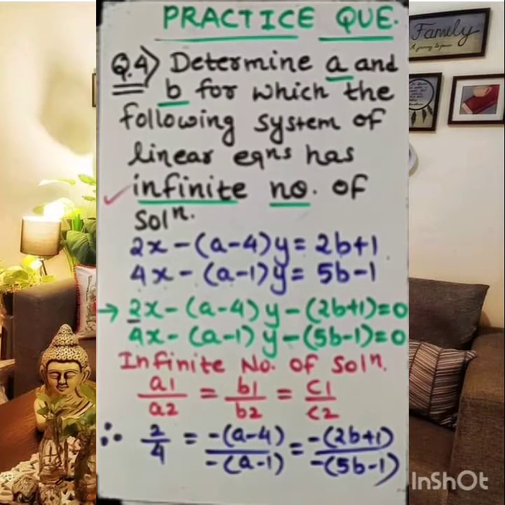As you know, dear student, this minus minus will cancel, so it will become plus, and the simplification of 2 by 4 is 1/2. So in such a case, this is 1/2. We are going to equate this first, and then 1/2 we are going to equate with this. So let's see how we could find the value of a and b through that.